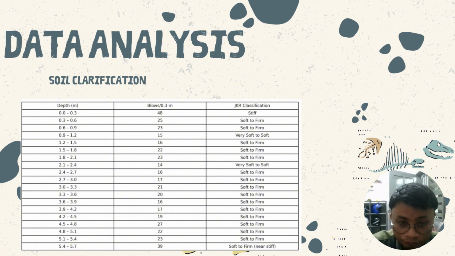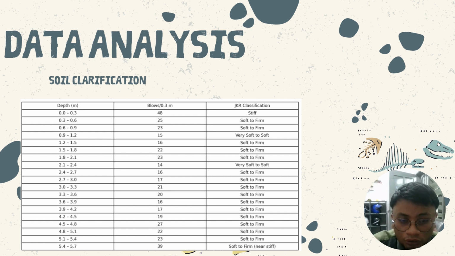And the last one, the fourth zone, is 4.5 to 5.7 meter. In the deepest layer, blow count remains consistently high, up to 39 blows at 5.4 until 5.7.